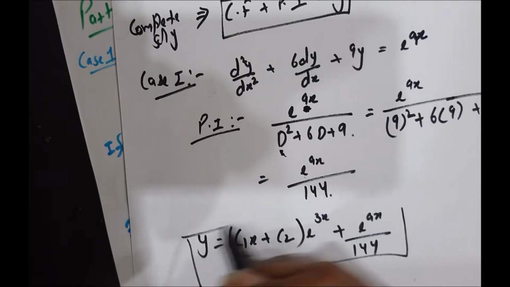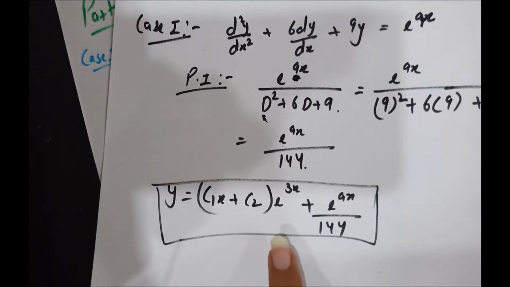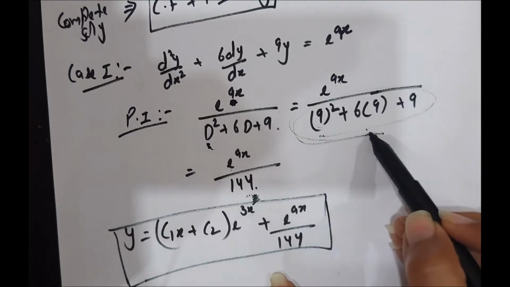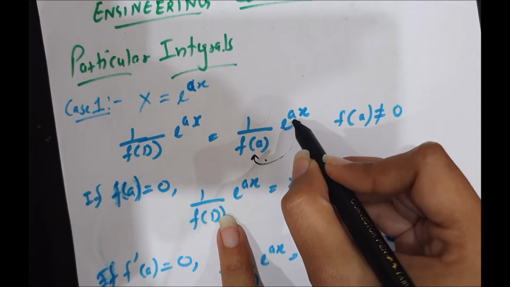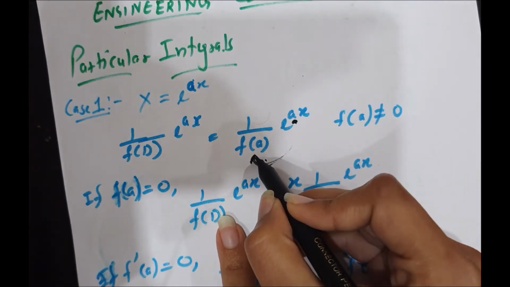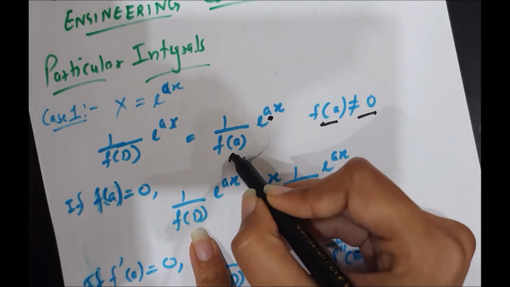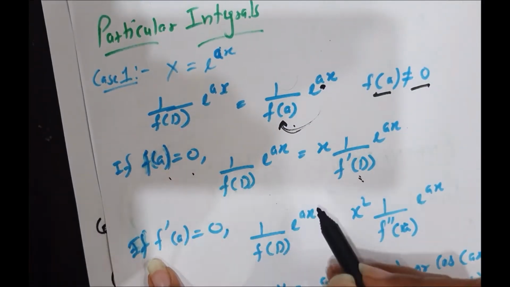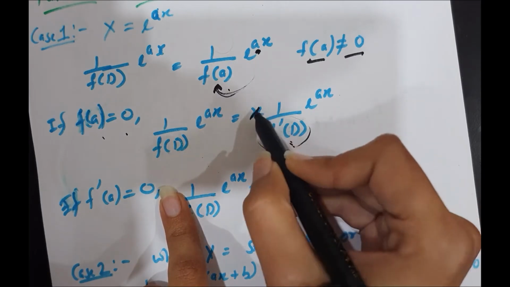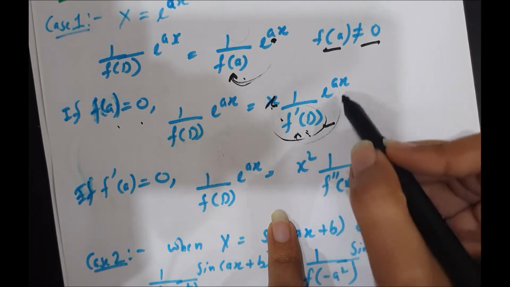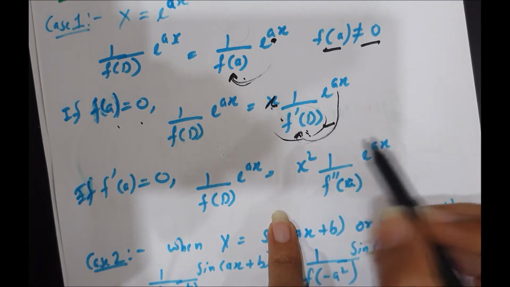So we got the solution of this differential equation. Here we got 144. After putting the a value here, if we got 0, here we have to put this a value in this function if the function is not 0. After applying this a value here, if we got 0, then we have to differentiate this function and put x here. Other things will remain as they are. After differentiation, we have to put this a value on the differentiated function.